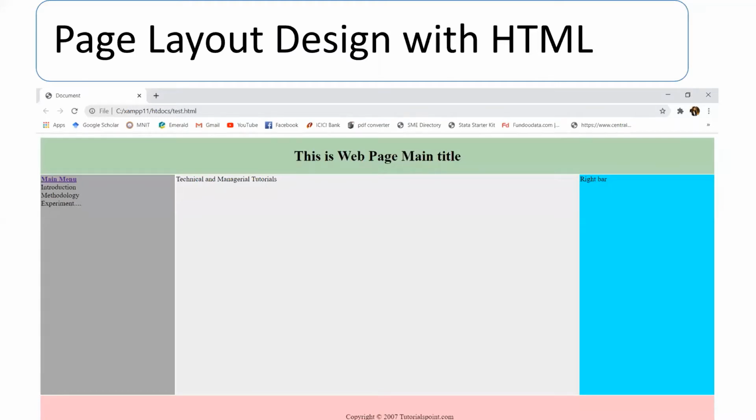In this layout, you can see the whole page is divided into 5 sections. The first one is the upper one, which is the header section. The second row is basically divided into 3 columns: the left sidebar, in the middle the center, and the right sidebar. And at the bottom you can write content like footers and all. So this page layout we are going to create with the help of HTML code. We have divided this into sections, and we are going to create these sections with HTML code.